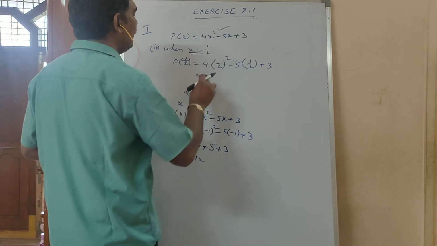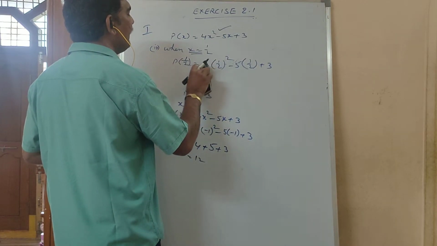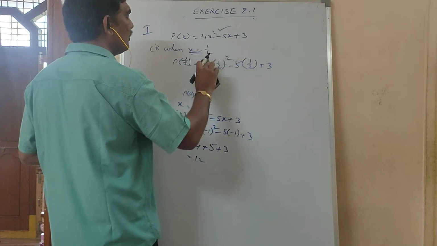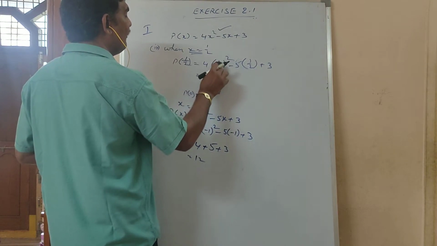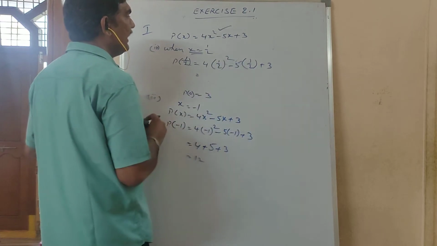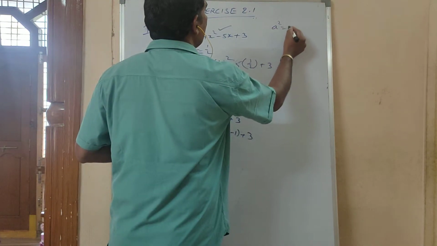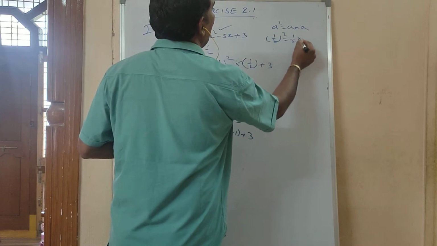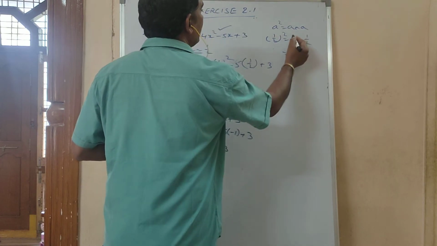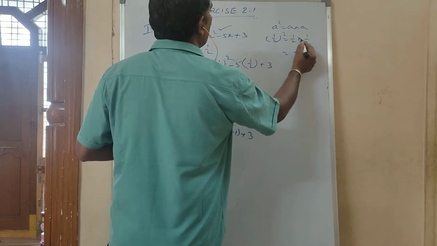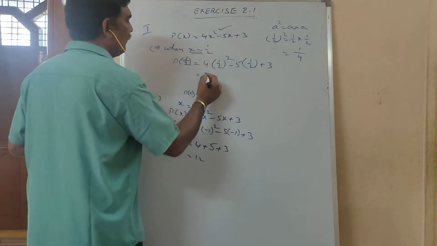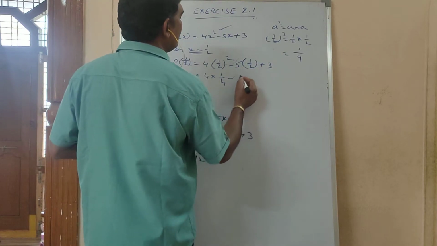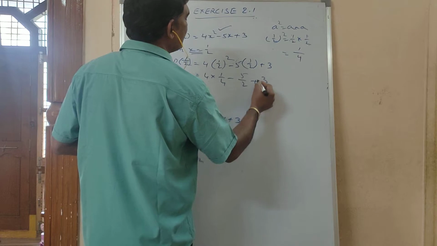3. Okay. Now don't multiply 4 and 1 by 2 now. Being a bracket means into, but you should not do the multiplication now. Half whole square. A square means a into a. Half whole square means half into half. Multiplication: numerator into numerator, denominator into denominator. So 4 into 1 by 4. 5 into 1 by 2 is nothing but 5 by 2, plus 3.